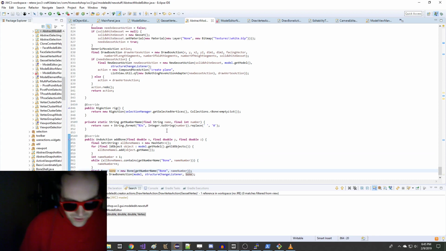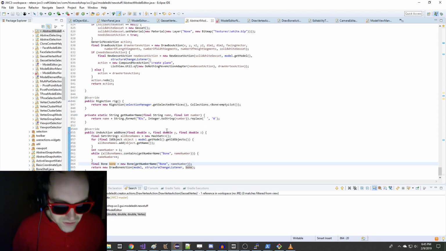So we have this bone, we have the draw bone action, and it sticks a bone in there, and it'll just do an increasing name value, right? So just like bone 1, bone 2, bone 3. So we do that, and then